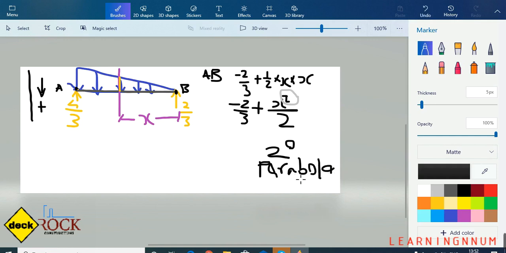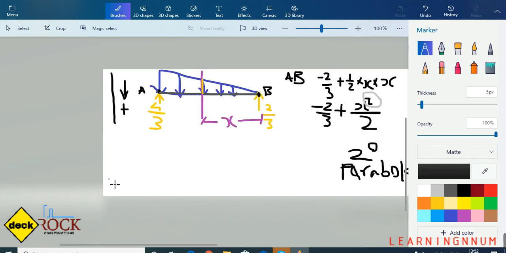Yeah. So now what is the next step? Boundary conditions we have to apply. Am I right? Yes, sir. So boundary conditions means what? You know, boundary means what? The outer limits, right? Yes, sir. Okay, in technical English it is also known as delineation. So what you have to do? Put x equals to 0. If you put x equals to 0, you would reach B, right? Because you have taken x from B itself. Yes, sir. So that means x equals to 0 means at B.